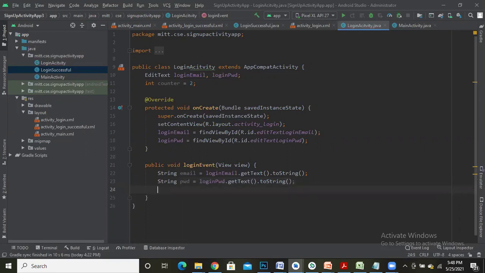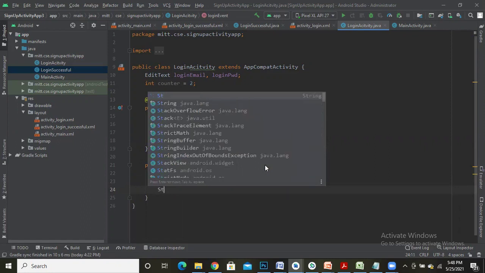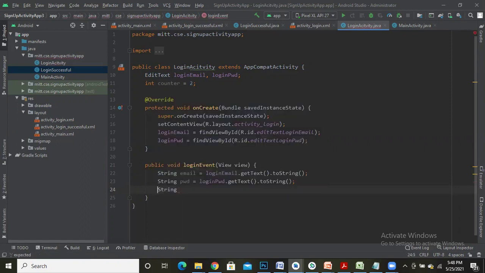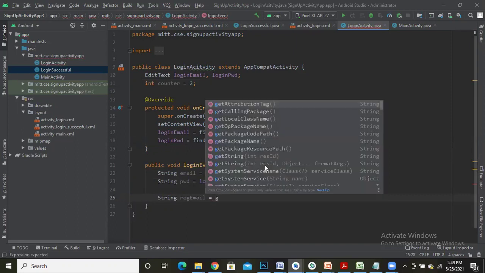So to read that, I'll create a variable string, I'll give the name as registered email, reg email, registered email is equal to retrieve from the intent, we need to call the method getIntent.